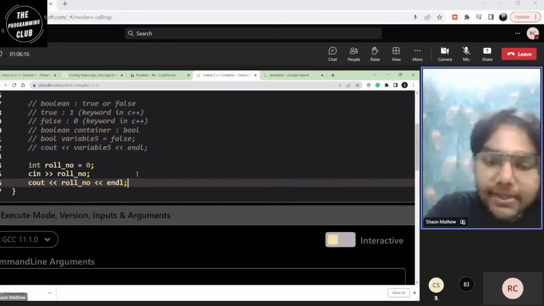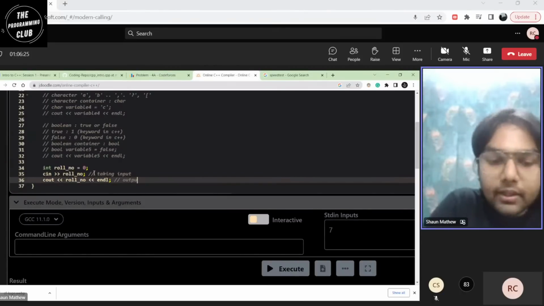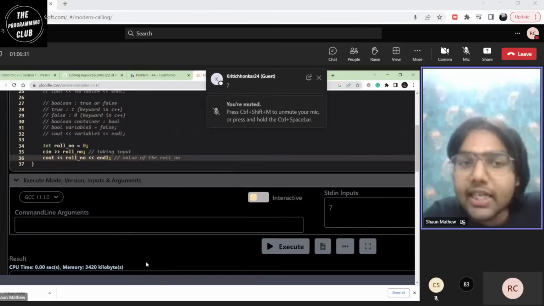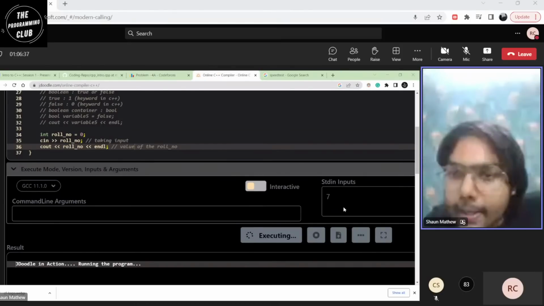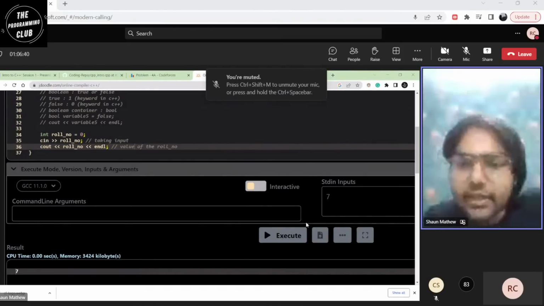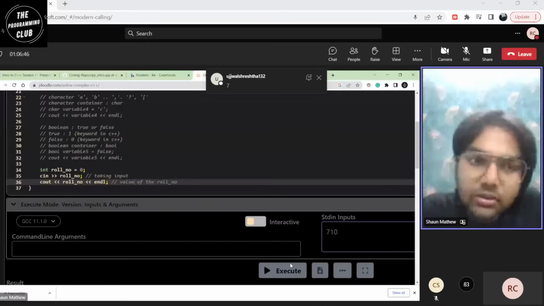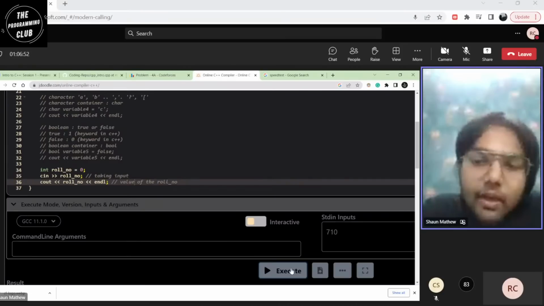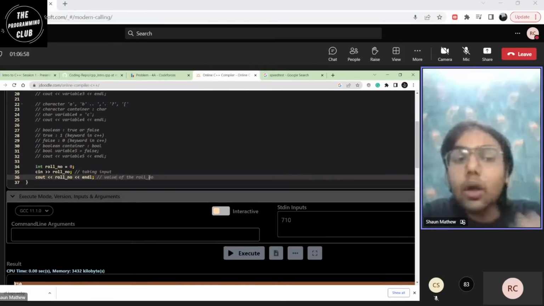So this is basically taking input, and I'll just be presenting the output of the value of the container rollnumber. I'll just run it once, and can you tell me what the output will be? It is 7. It's pretty clear. Now, suppose I put in a number here, 710. What will happen now? Someone tells me, no, your roll number is not 7, your roll number is 710. I'm like, okay, fine. My roll number is 710, and that is what shows out here.